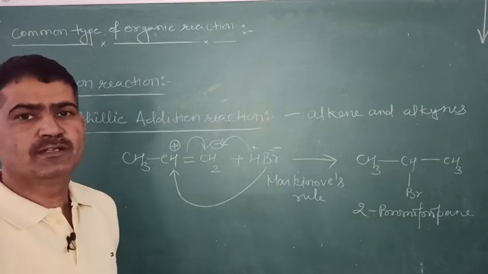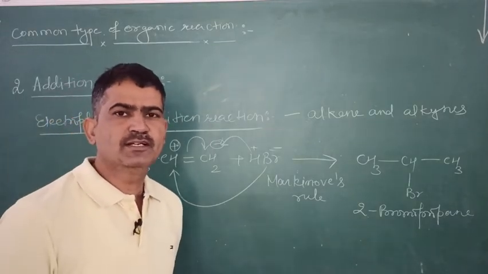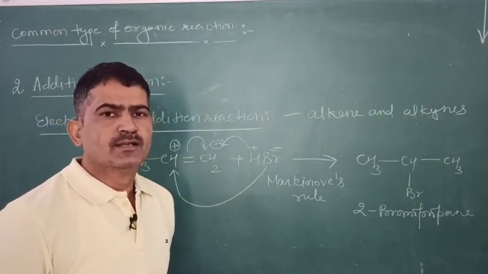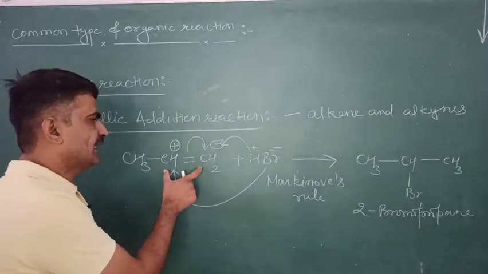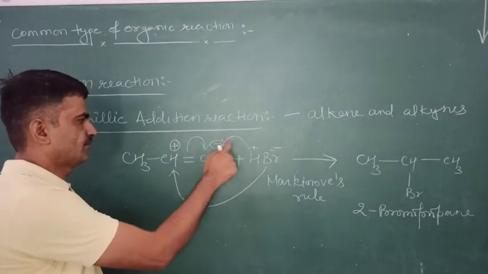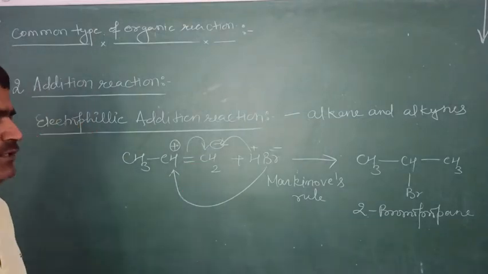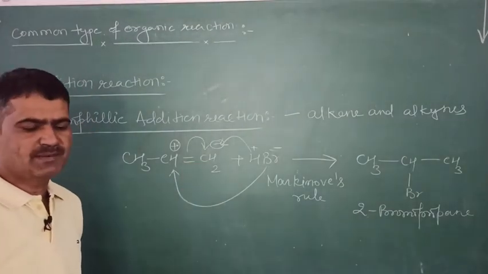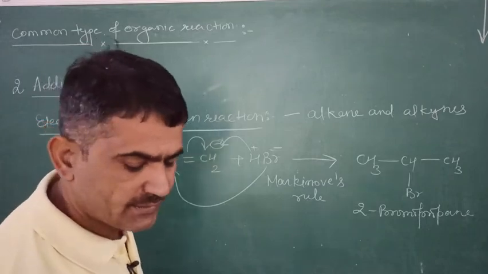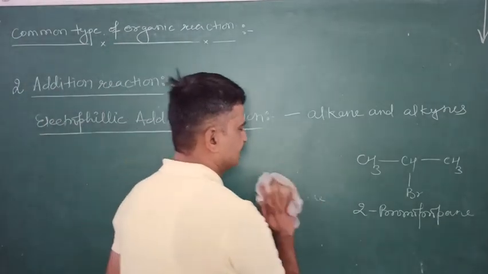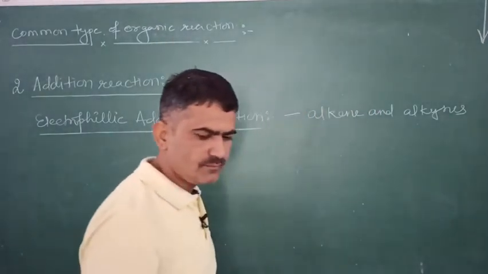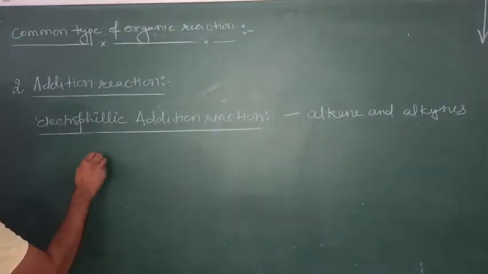when we react a mineral acid with an alkene. The negative part of the addendum goes to that carbon of the double bond that has the fewer number of hydrogens. This is known as 2-bromopropane. What is the mechanism of the reaction? How is this reaction carried out? Let us see how this reaction is carried out.